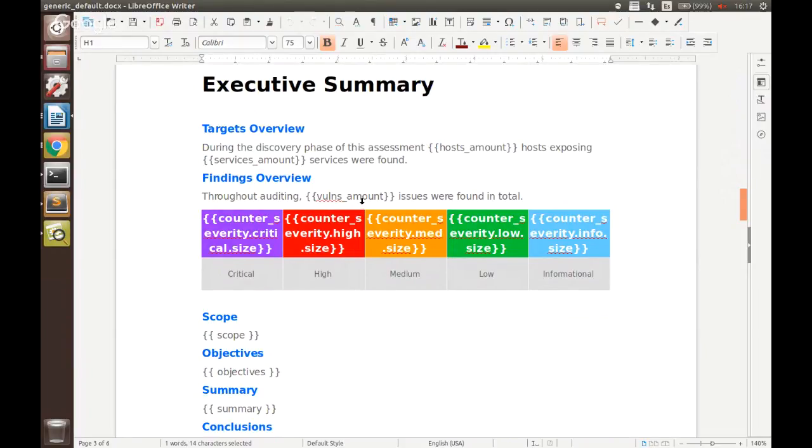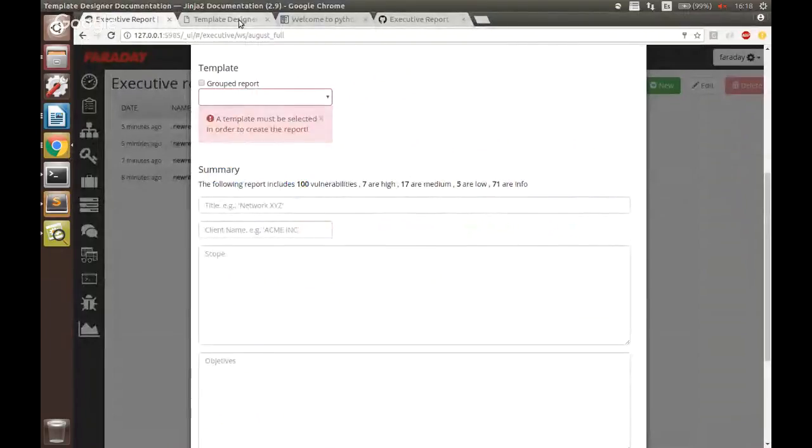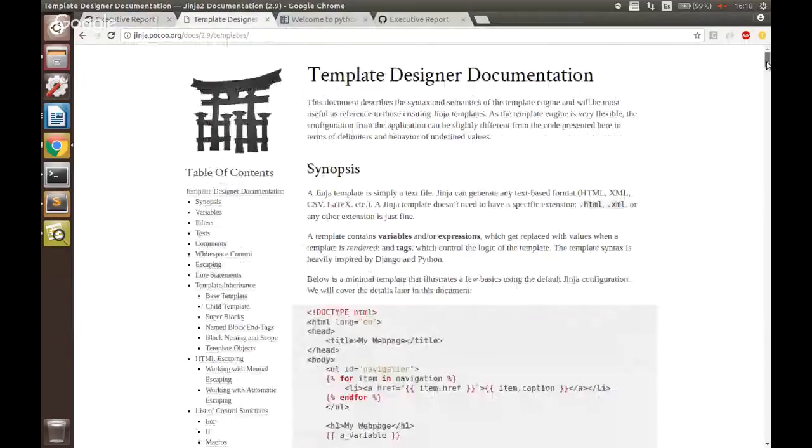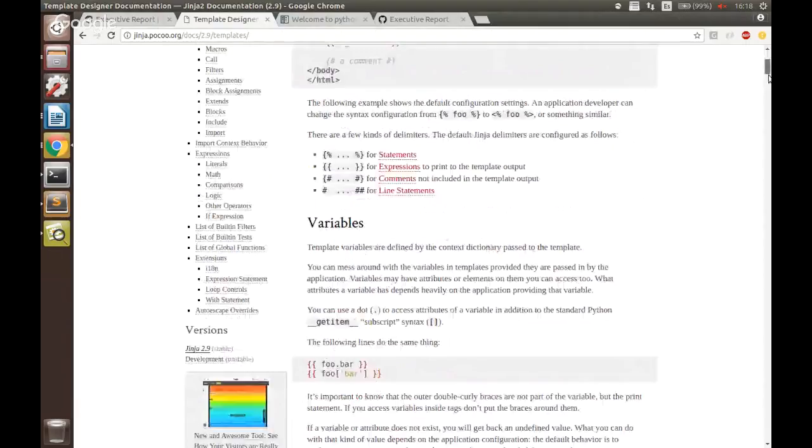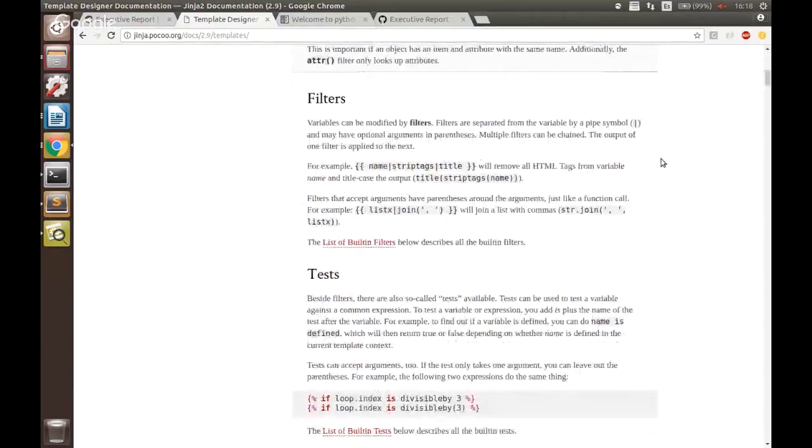Again, all of this is Jinja2 syntax, which is a templating language for Python. It's modeled after Django's templates. And actually, we're going to show just a bit of a summary of how you can use it. But we strongly recommend reading the official documentation before you modify the document itself. Number one, we have it here. Just go over to Jinja2's page, to the template designer documentation, and there you can find all needed documentation. And actually, what Faraday uses to create this report as a docx file is